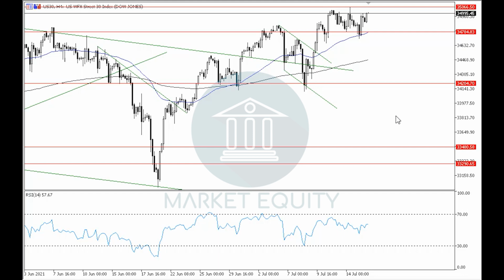Let's begin with the Dow Jones Index, where in the previous videos we said that by rebounding upwards off of around level 34,200 and breaking upwards to level 34,780, it will support the continuity of the uptrend in the 4-hour time frame and the targeting of around level 35,060. After breaking upwards through level 34,780, the pair reached level 35,060, which is a horizontal resistance level in the